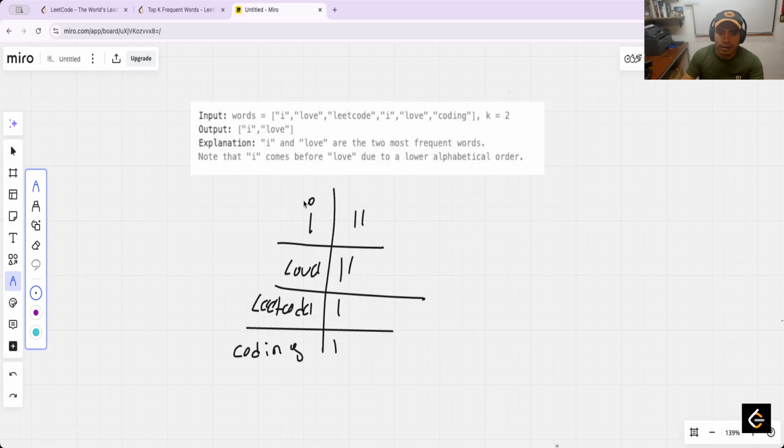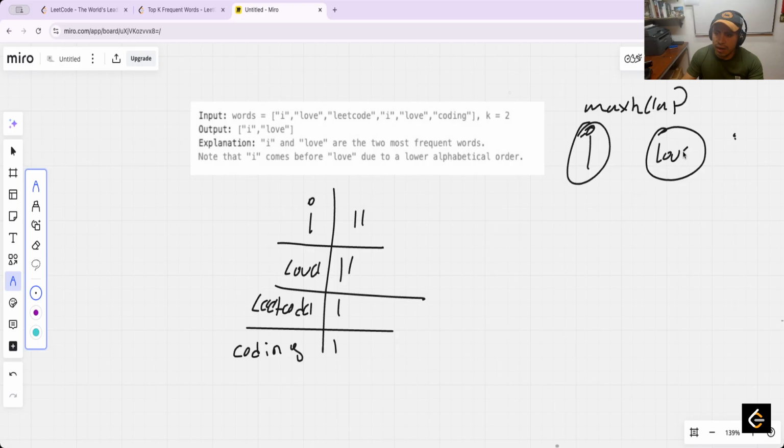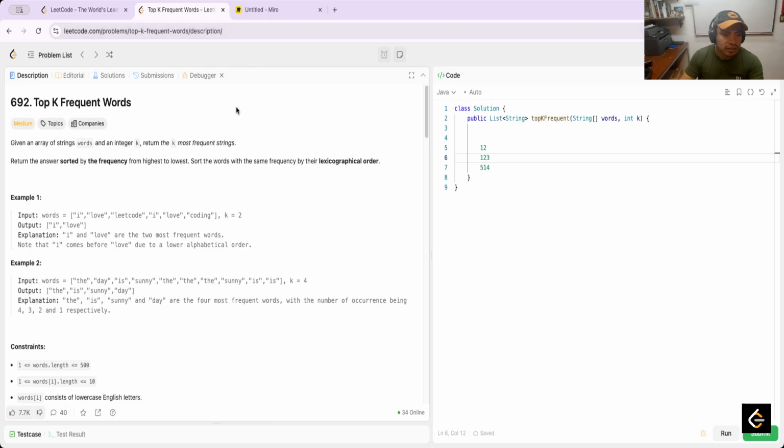With the max heap, first the top and the last is the, well, in the front the highest and in the back the lowest value or the lowest frequency. In this case, using this, I have the I and I have the love. And now this I need to sort, put in a list and sorting using the, no, but it's not